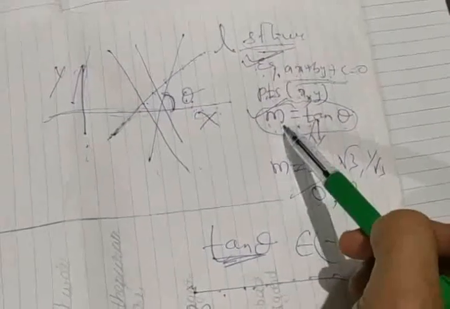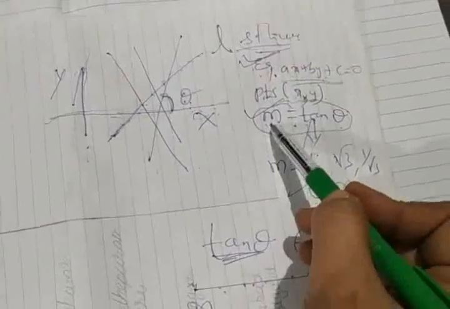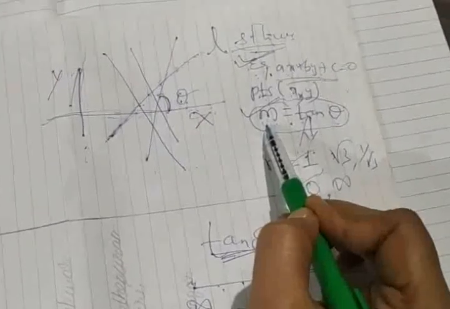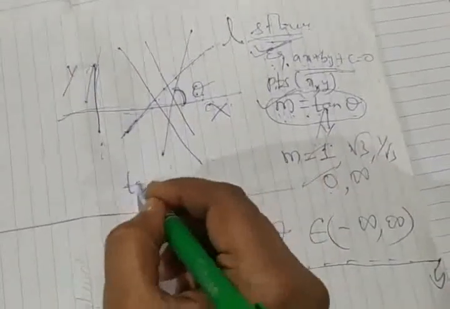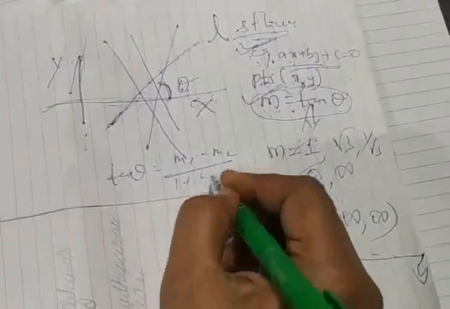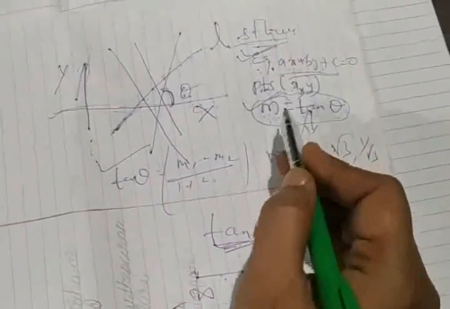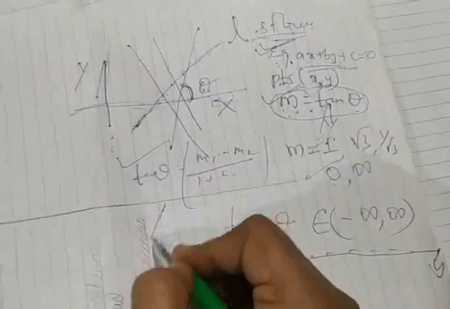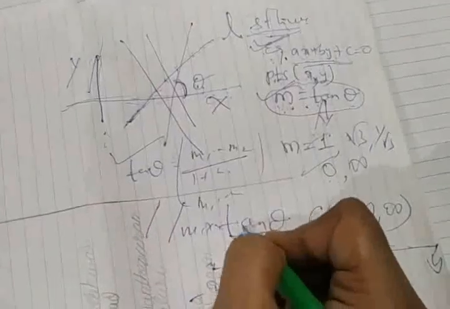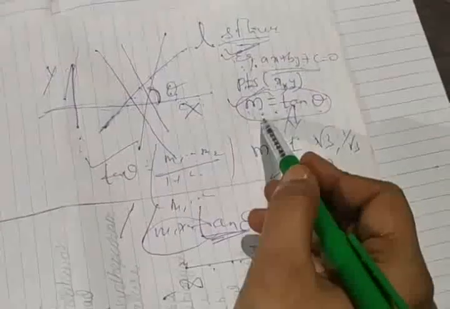Slope plays a very important role for a straight line because slope will further help us in finding its equation. Slope will also help us in finding the angle between two lines, which I used last year also. That is, tan theta = |(m1 - m2)/(1 + m1 m2)|. Slope will also help us find whether two lines are parallel, that is m1 = m2, and m1 m2 = -1 is the perpendicular condition and so on. So slope plays a very important role.